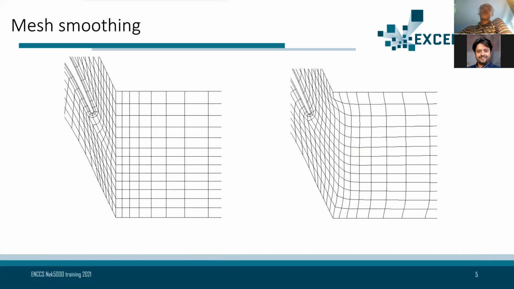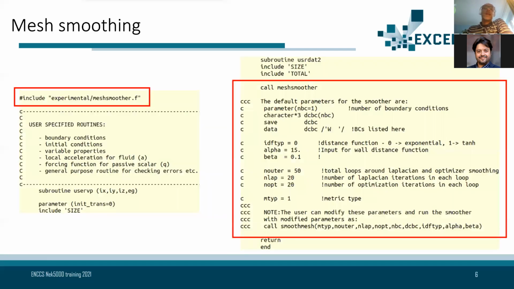It's interesting, first of all, as you can see, because it provides you a possibility to improve the quality of your mesh. The mesh on the left is the initial mesh you have, and the mesh on the right is the mesh after smoothing. In many cases, it maybe doesn't look like a big change, but for the pressure preconditioner, it actually could be quite critical. So what I would like you to do is just to copy the smoother example and then look into the file called